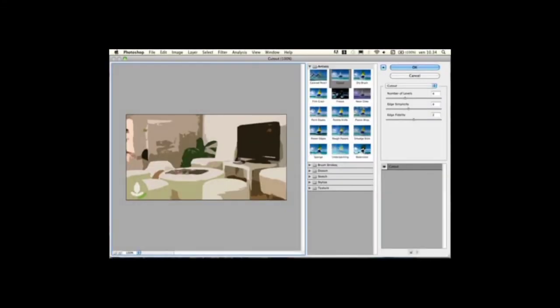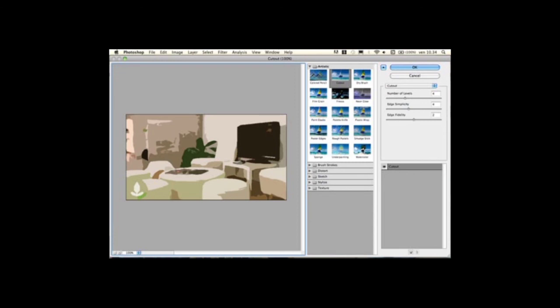Next topic is filters. You are all very familiar with this word filter. You use it in your day-to-day life. So what are filters? Filters are tools that are used to quickly create effects on images. A filter placed over an image can change its appearance. You can make the image look like a sketch. You can add a pattern, texture, or sound.